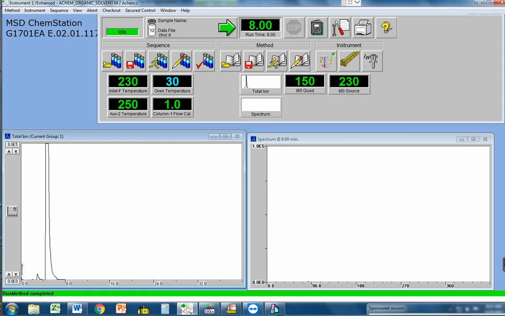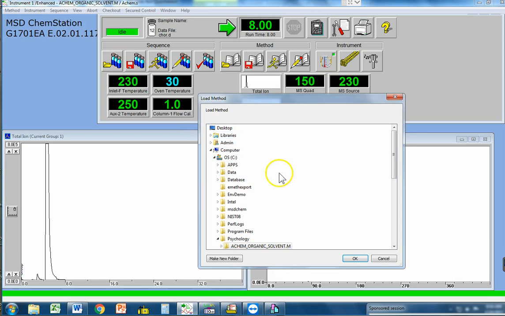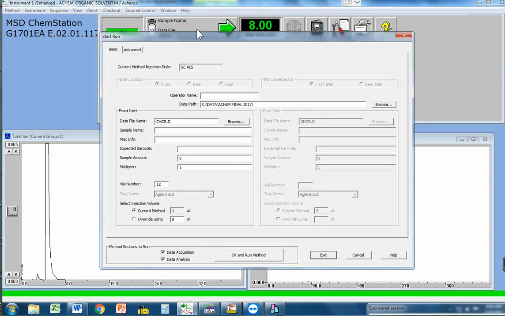But if it's not AChem organic solvent up here, we go into method, and we load a method. AChem organic solvent is in the C drive under psychology, so AChem organic solvent, and that's where that will be. Okay, so we make sure that the method is loaded, and then we just click this button right there to